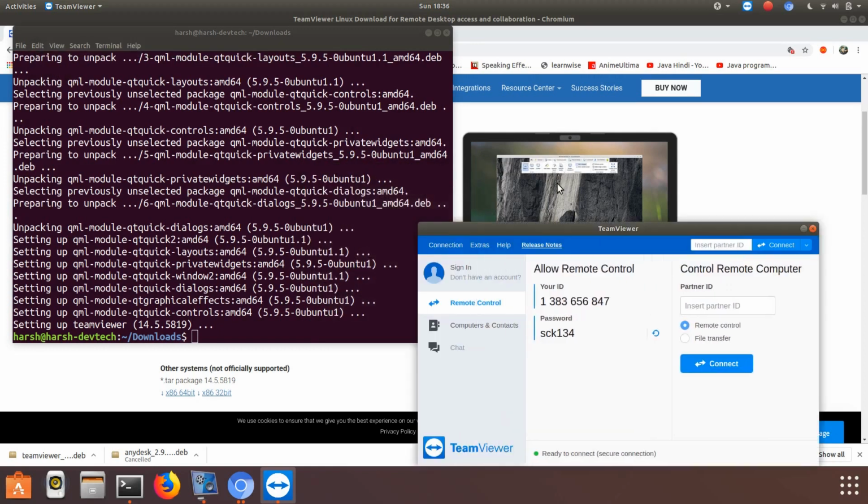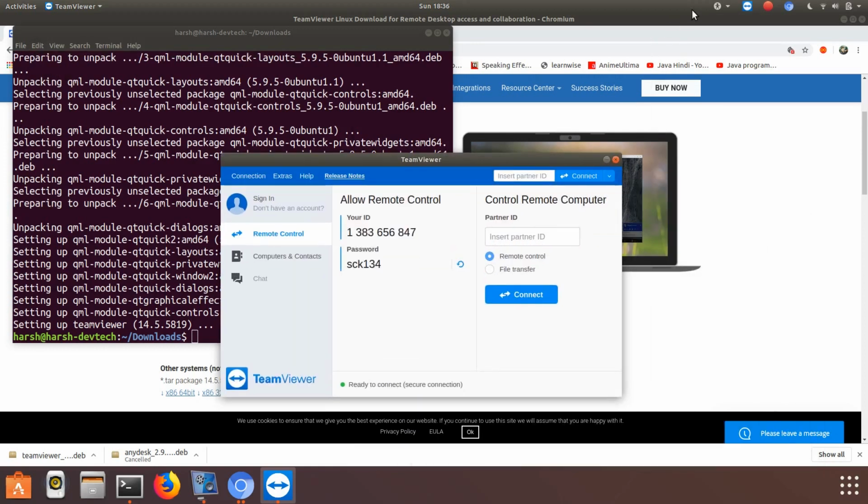So TeamViewer is installed now. You can control